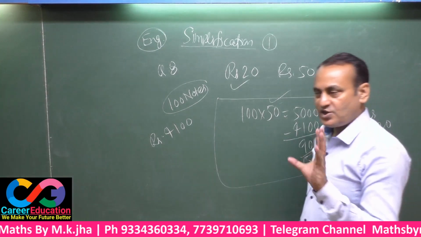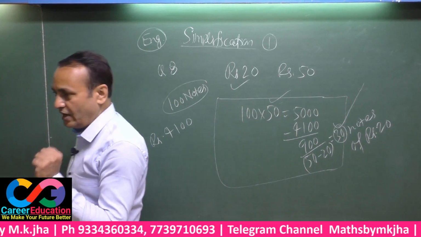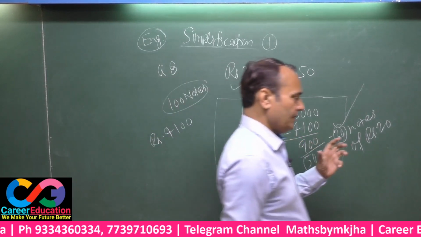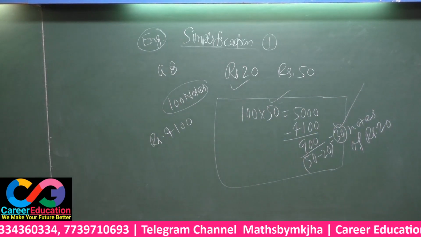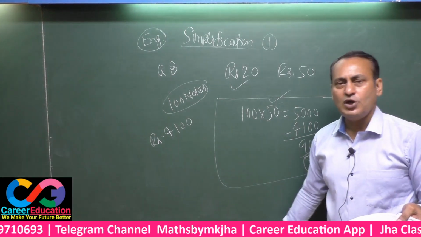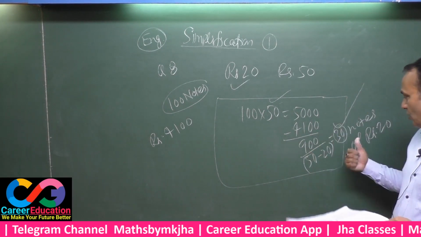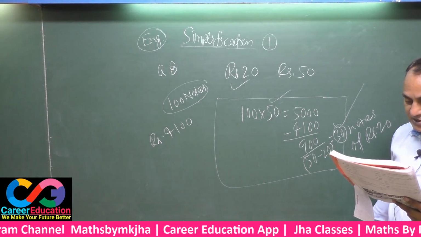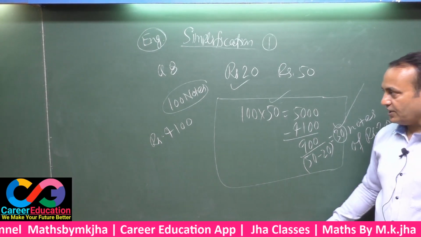I have applied the same method in such type of questions. You are to apply the same method. Whenever there is a situation where in a herd there are two groups and all the totals are given to you, certainly you have to take this step. Your answer must be 30 notes. Match the answer. Question number 8, 30 is the correct answer.